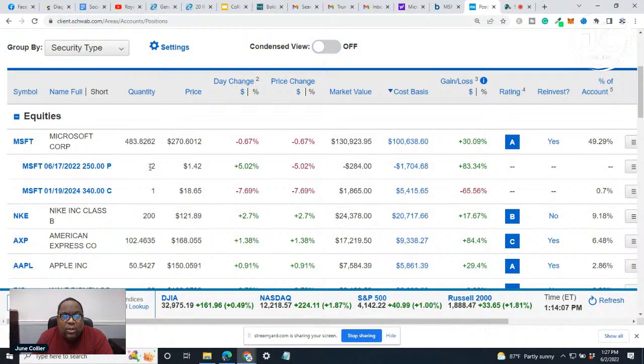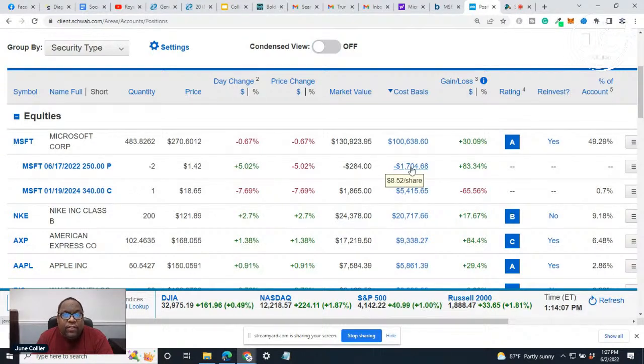That means that I sold it. Okay. If it's just a positive number like this one right here, that means that I bought it. But I sold this. So when I sold it, we'll go over here and we'll see what I sold it for. See how I hovered over this? I sold it for $8.52 a share